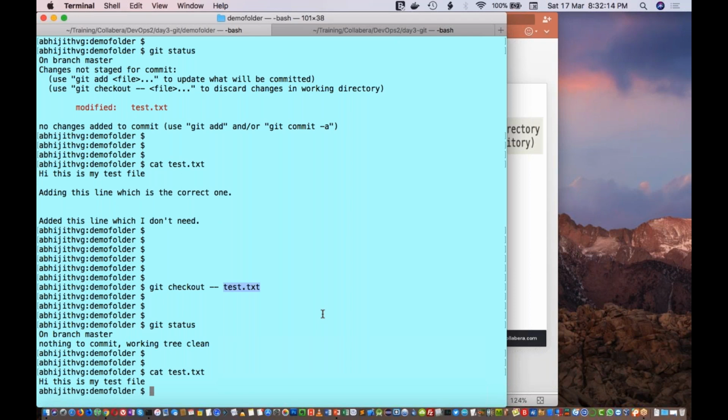So these are various things that you can do with the help of a version control system. Okay, but please remember that this is a one-way thing. You won't be able to get back these changes at all. You don't have any record of these changes now. So when you do git checkout minus minus followed by the file name, please be sure that you want the